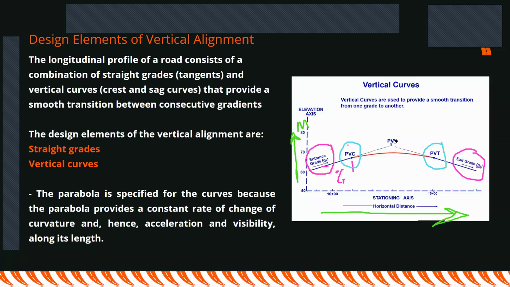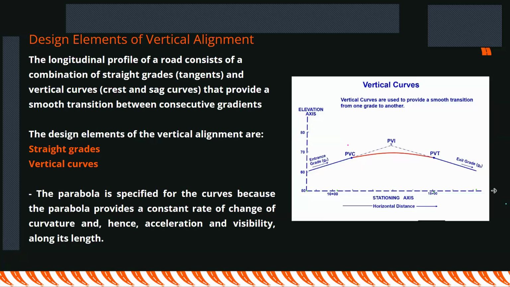This PVI is very important, especially when it comes to setting out of these vertical alignments, and of course, what we call phasing of the alignment, whereby you coordinate the vertical alignment with the horizontal alignment as you harmonize your design. So this is basically the geometry. You can take a screenshot, you can take a picture of it. This is very critical because you cannot do any design without having an understanding of